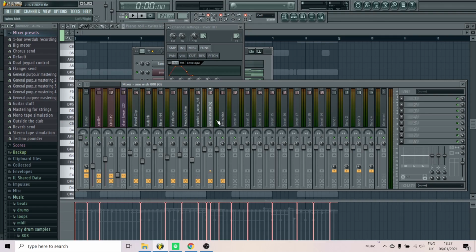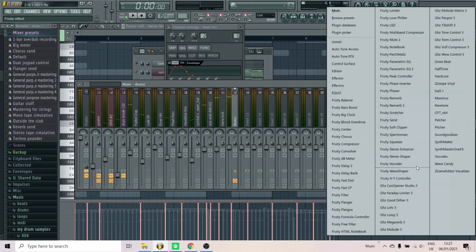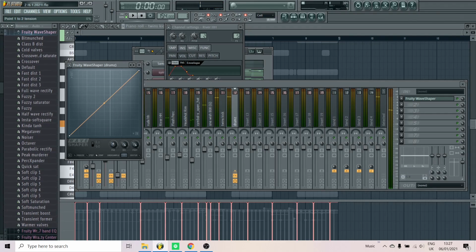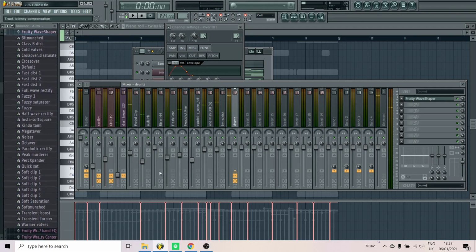I just level them out, and I make a drum bus and route everything to the drum bus, and I add distortion so the drums sound a little bit louder. I go for Fruity Wave Shaper, and I pull this up like that, and yeah, and I'm gonna put my